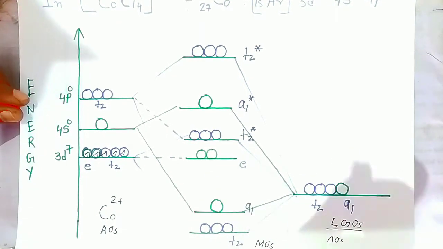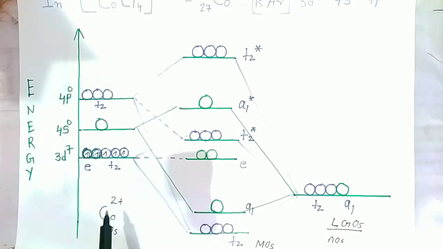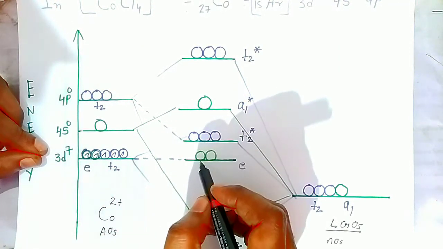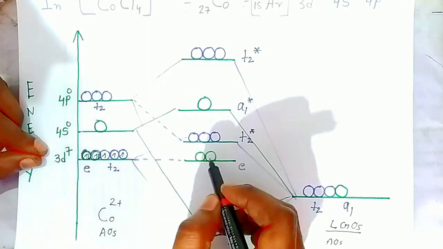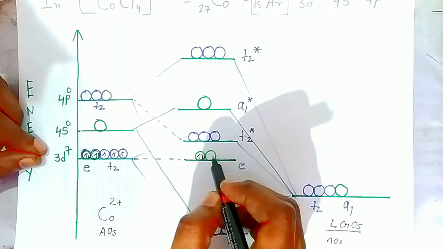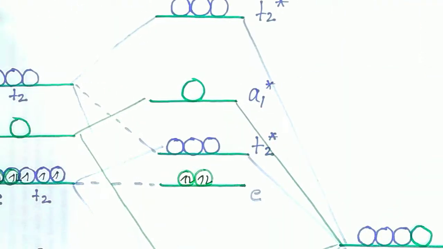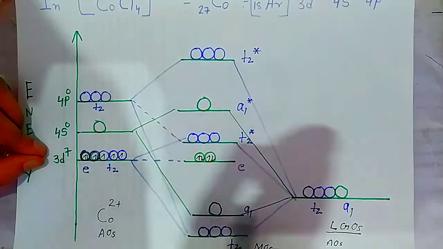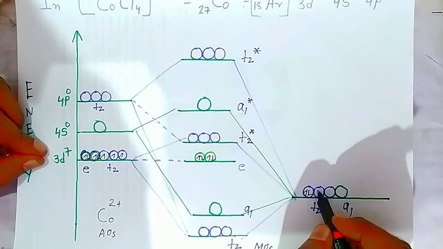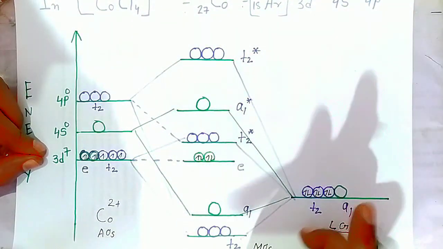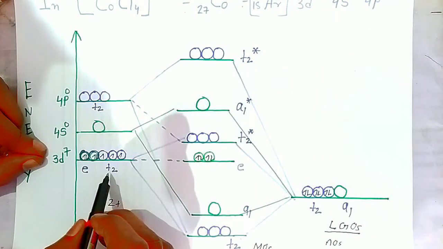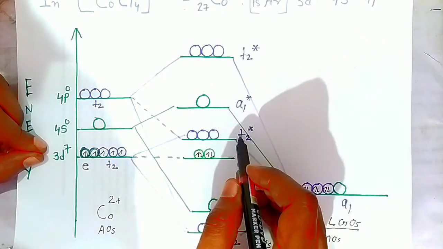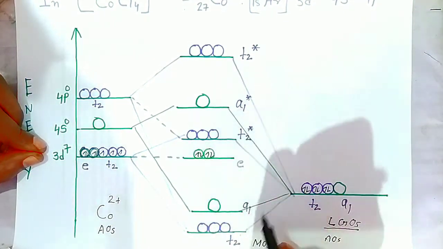These molecular orbitals, students, first we are going to explain how many atomic orbitals of cobalt 2 plus are involved. Now here E orbitals having symmetry will remain as they are. These two Eg orbitals will be filled with the electrons like this, correct students, because the energy level is the same. Now these 3 orbitals, the 3 atomic orbitals we are making one group called T2, will combine with the T2 ligand orbitals and form the bonding. This is the bonding, students, and this is anti-bonding. The anti-bonding will always have a higher energy level than the bonding orbitals.